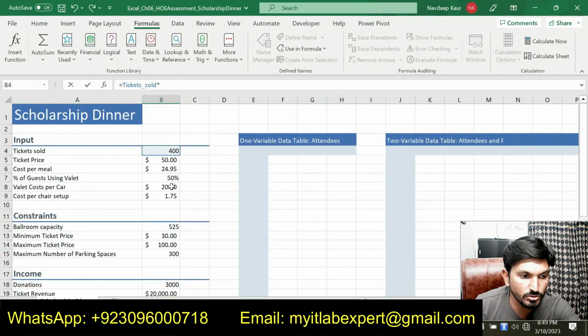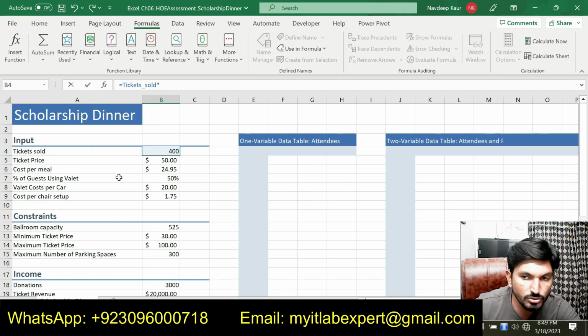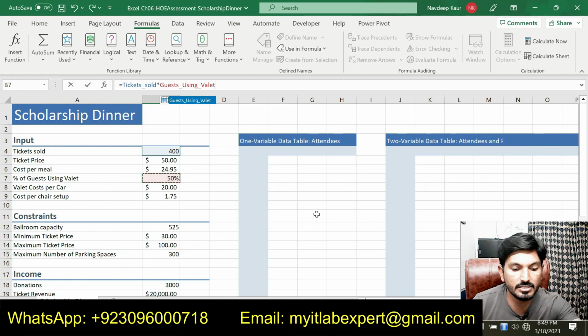So total guest using the valet is guest using the valet, this one, and multiply this by